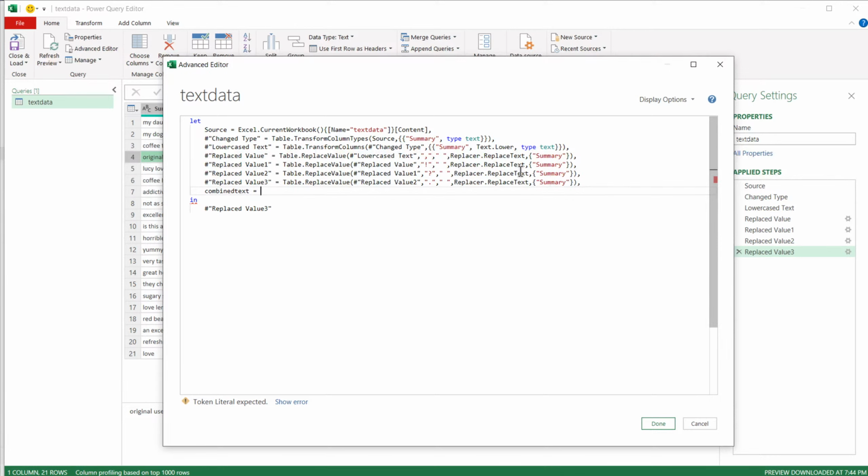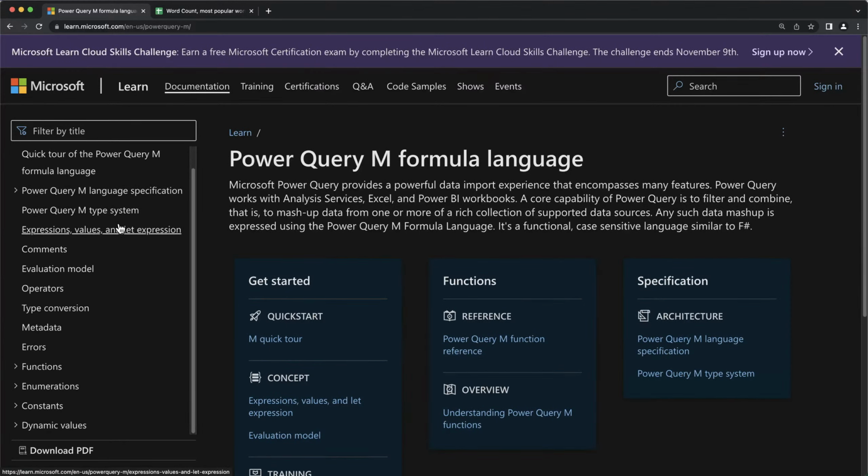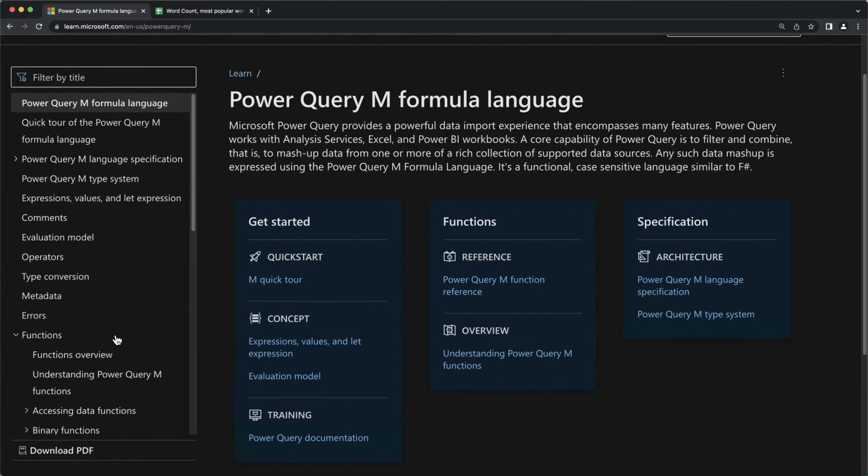And basically, I need to grab all the values I got from this previous step. And the previous step, it creates a table, basically. So we need to figure out how we can take a table and basically convert it to a combined list. Now, first of all, let's just go to Power Query documentation and figure out how we can combine a bunch of text. So I'm going to go to M language documentation right here, and we'll scroll down to functions menu,